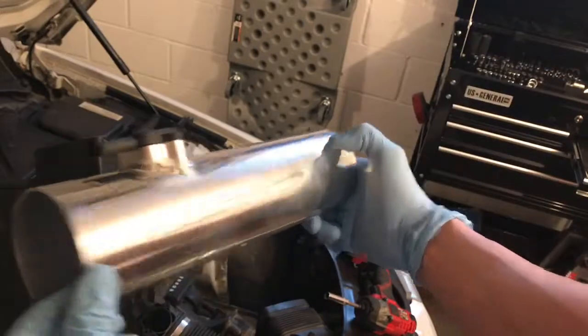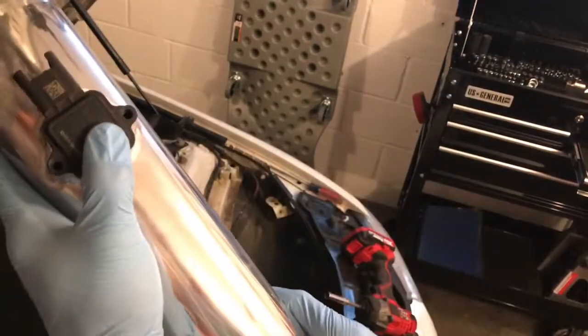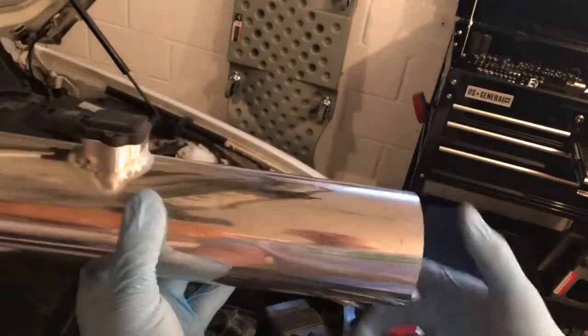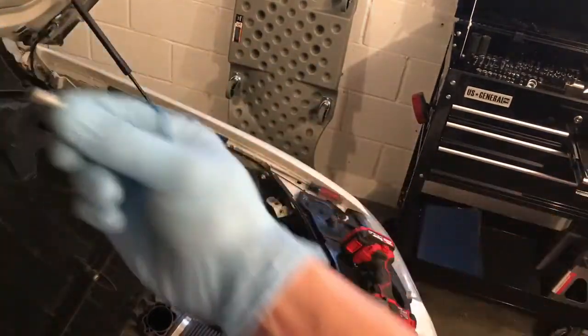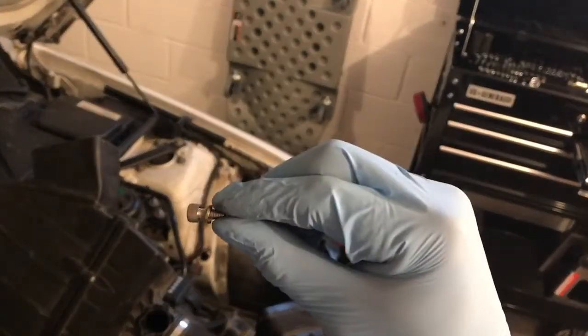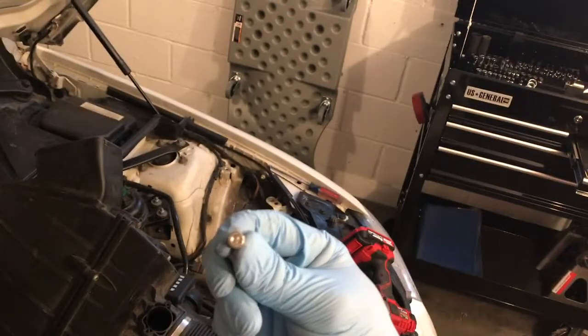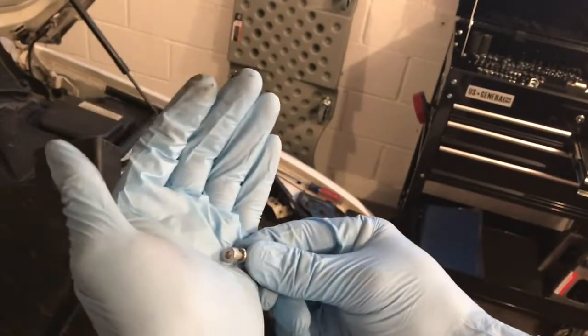So it doesn't look too bad. It fits up nicely. And then we'll add our new little bolts in there, tighten that up, and then throw the rest back together. See the new bolts, so a little bit nicer looking. And if you can see, it's a hex head instead of a